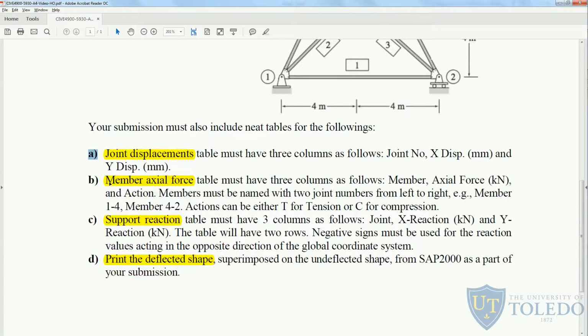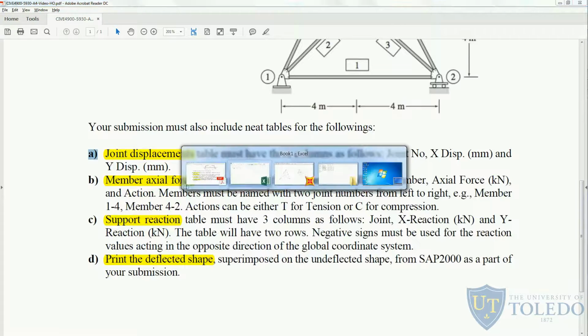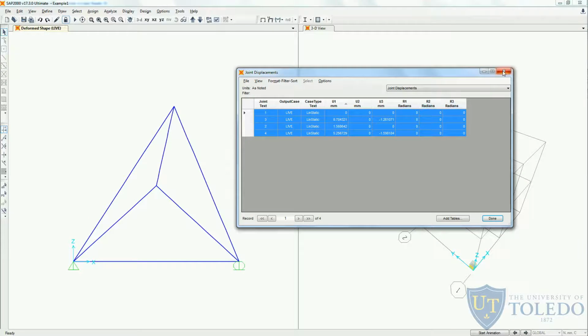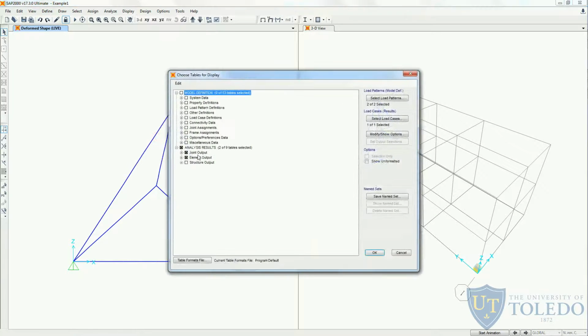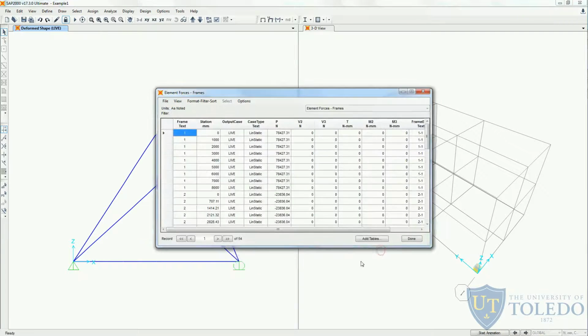So the second one, for the member axial forces, we can do something similar. We can come here to display, show tables, and select the element outputs, frame output, and then table, element forces or frames. Click OK. And here we will see that the only force that our elements take is the axial one, because they are pinned, they don't take shear, torsion, or moment forces in them. And here we have that for the first element,